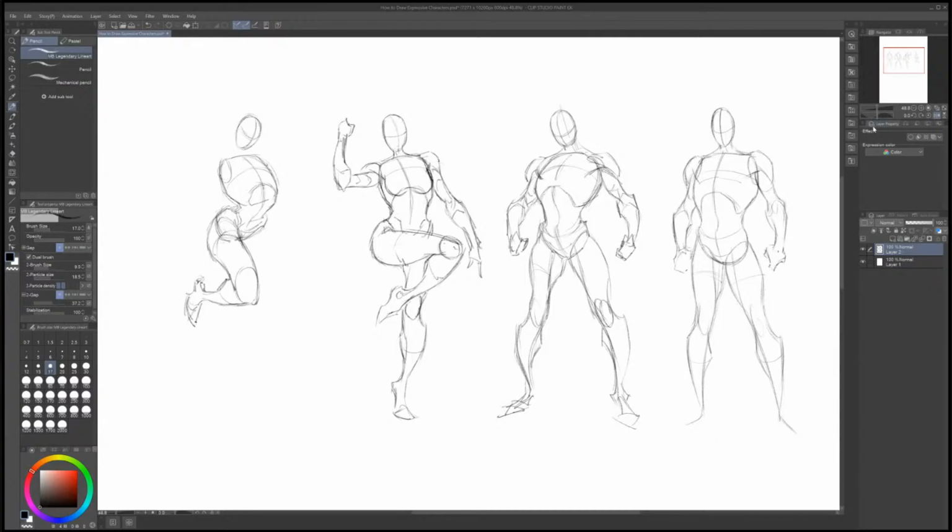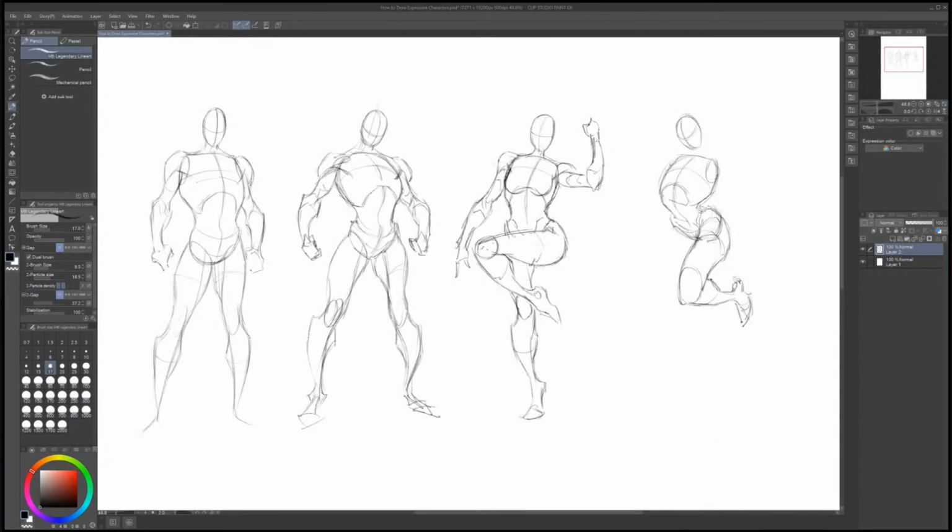Then what we're going to do is see this leg here that's just coming straight down. It looks strong. It's a strong foundation, but it ain't doing a whole lot. So let's go ahead and actually lay it in here in this example. Going to have it run back behind that leg. And then we're going to have it curving down. Look at that beautiful curve that we've got in there now. And hey, we'll foreshorten the heck out of that leg too. Since the body here has been foreshortened to the max,